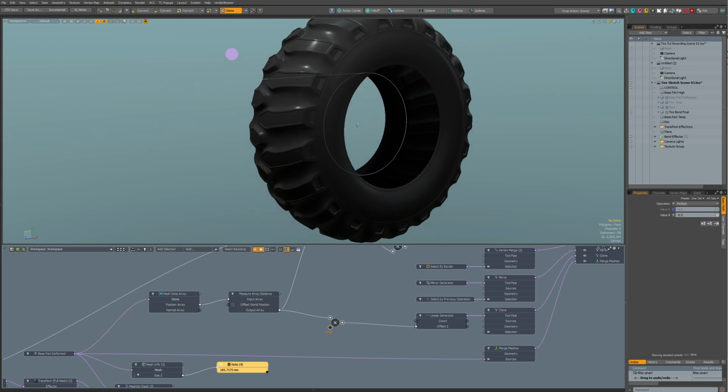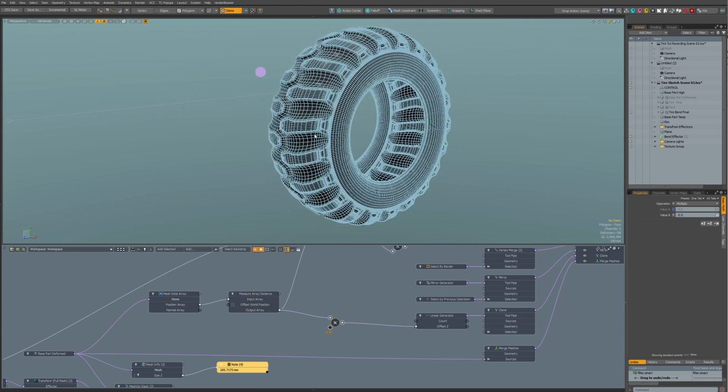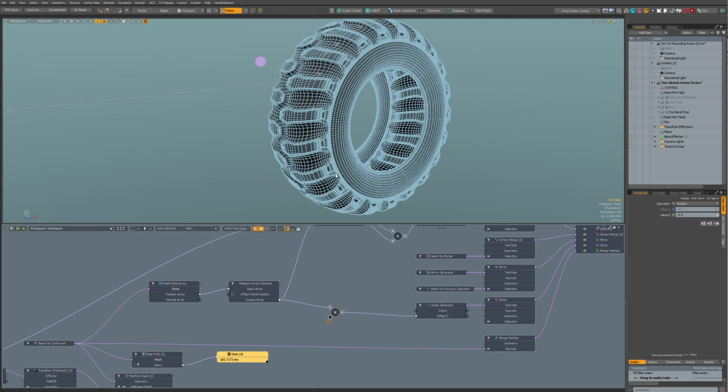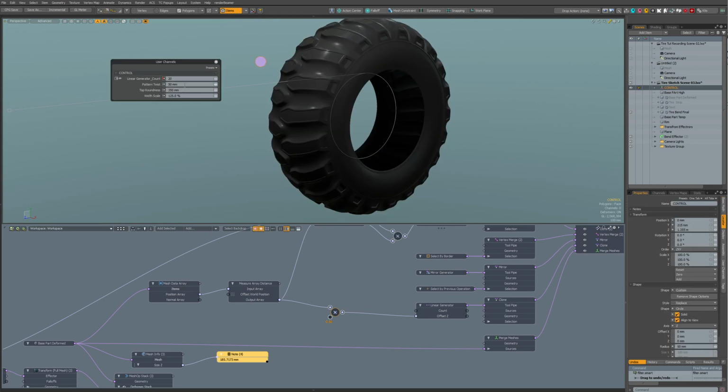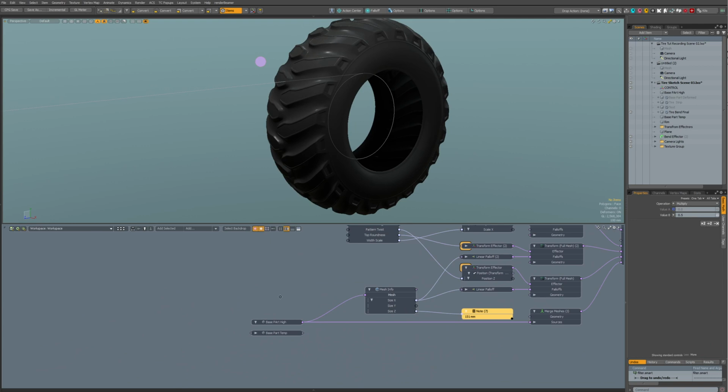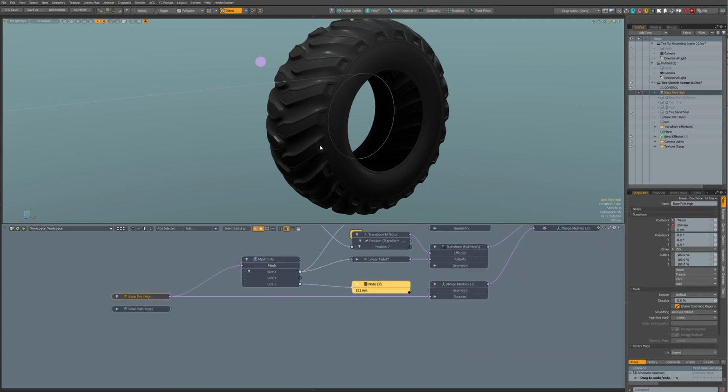So let's check how it works. Let's make it a bit more twist, maybe 150. So the first part is here, the base part.